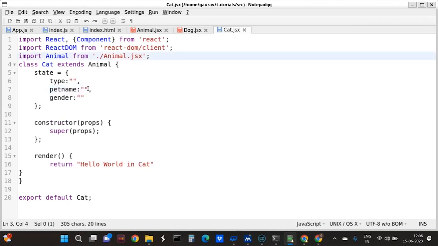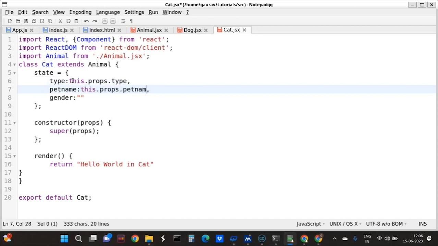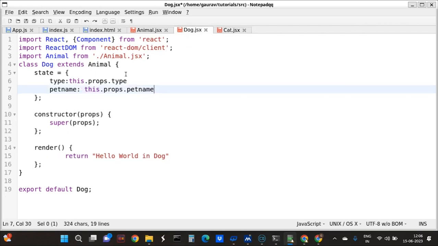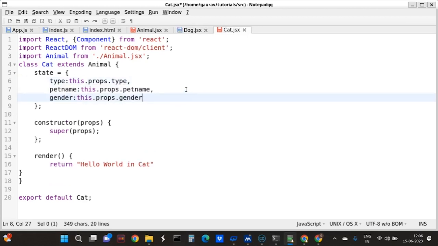And now in cat, same thing. This dot props dot type, this dot props dot pet name, this dot props dot gender. So like this we have done it with this dot props. So we update the state of the dog and update the state of the cat, and now in animal